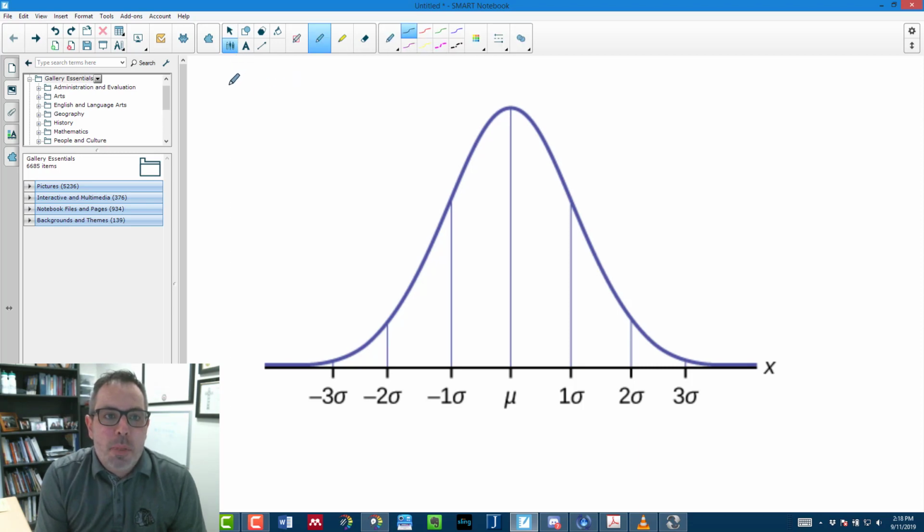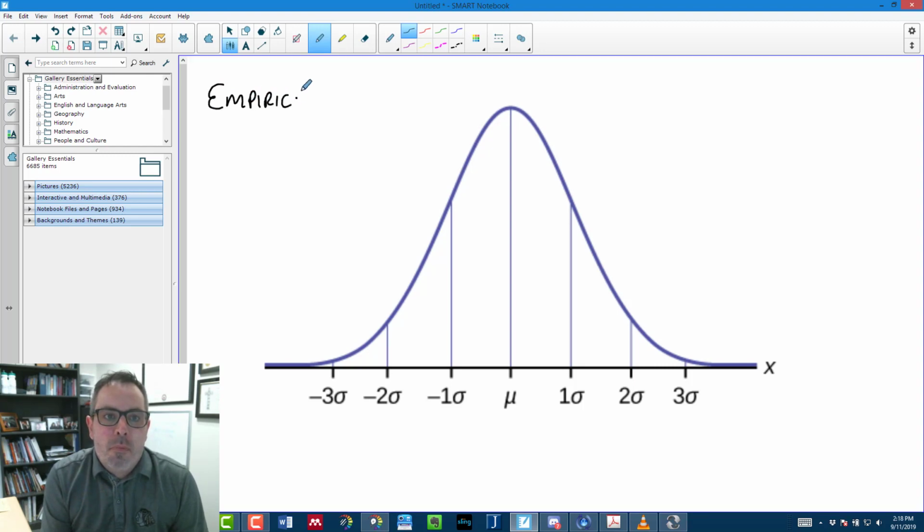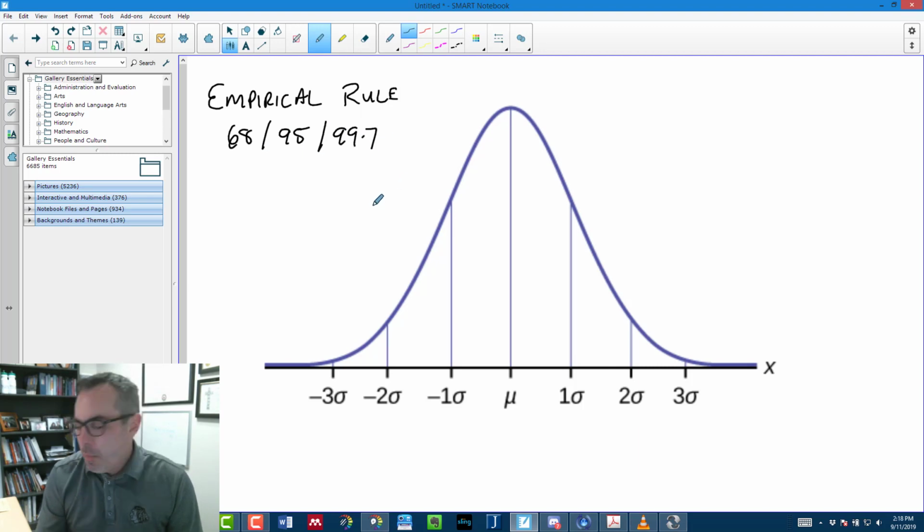So we've been taking a look at a normal distribution. Empirical rule really is one that I a lot of times refer to as the 68, 95, 99.7 rule. As an example, I'm going to use a simple question here that says a local diner calculated his